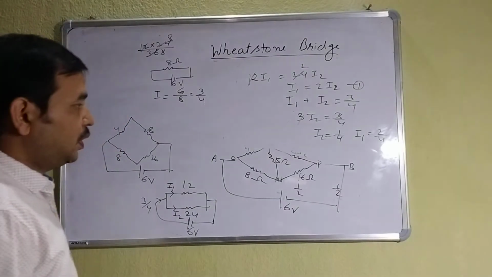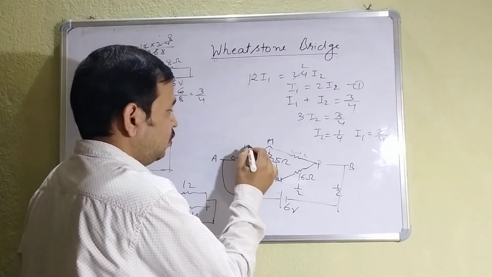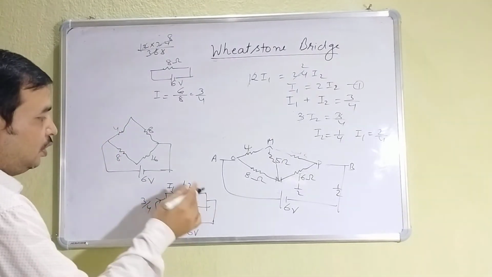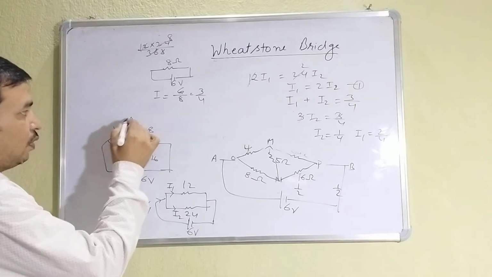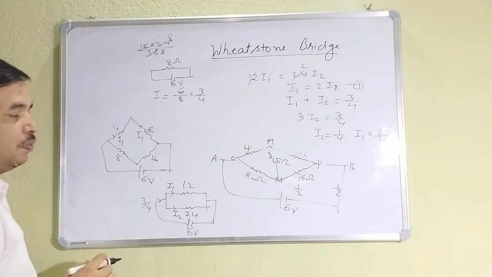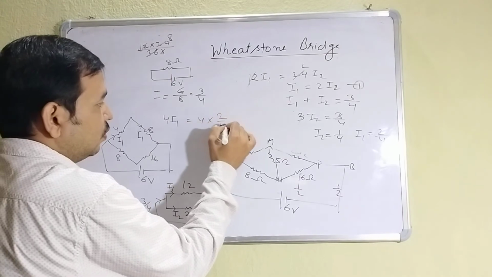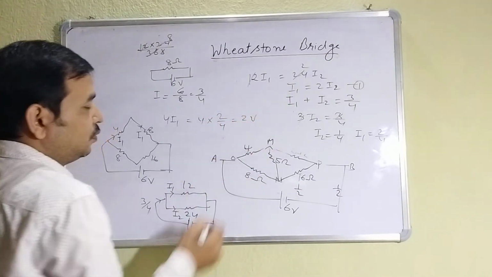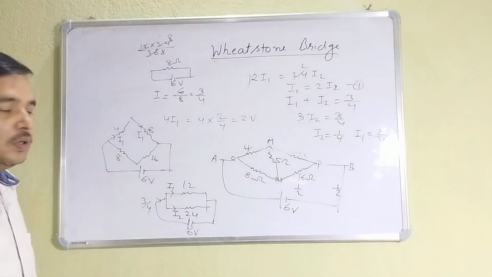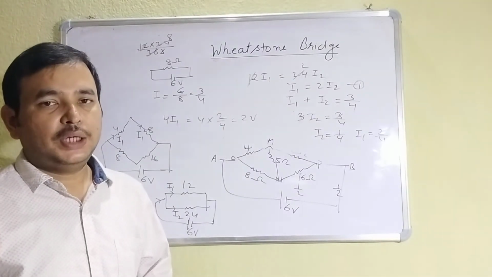Suppose it is asked what will be the potential between M and O through this 4 ohm resistor. So you can see that if I1 current is going through equivalent, so this I1 will go through 4 ohm also and 8 ohm also. So potential drop across these 2 points is 4 I1, that is 4 into 2 by 4, that is 2 volt. And potential drop across these 2 points is 8 I1. In this way you can calculate. So potential difference between 2 points can also be asked to you.